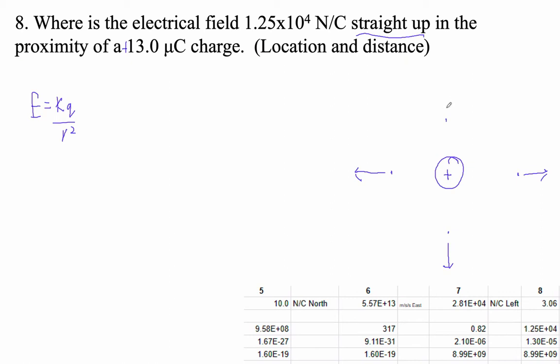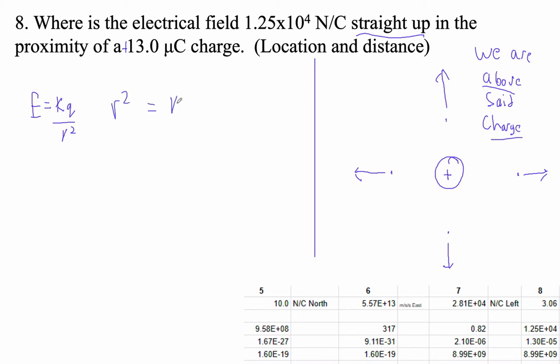If we're above it though, the electric field is straight up. So we are above said charge. Okay, that's the answer to where we are. But now let's figure out the distance we are from it. Well, if E is kQ over R squared, then R squared is kQ over E, and R then is the square root of that. So R is the square root of